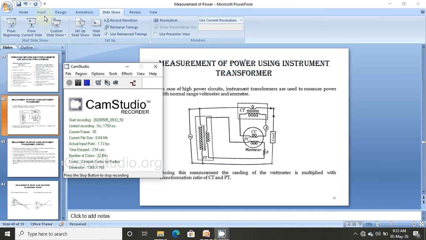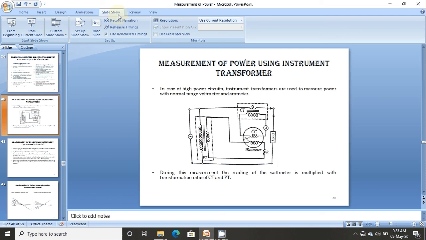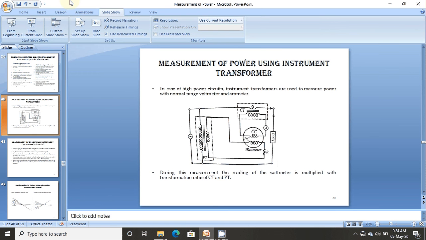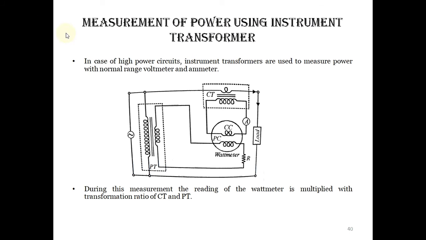Hello all. Our last discussion was confined to different types of AC energy meter comparison, the electrodynamometer and induction type meter. There are several other wattmeters also used in AC, like the ferrodynamic type wattmeter, but that is not that important from the subject point of view right now. So today we will start the discussion regarding measurement of power using instrument transformer.